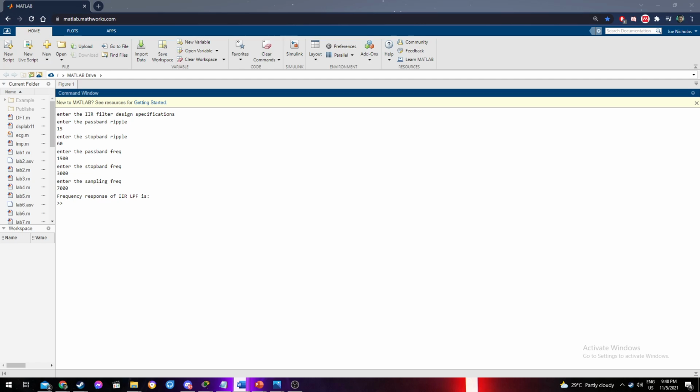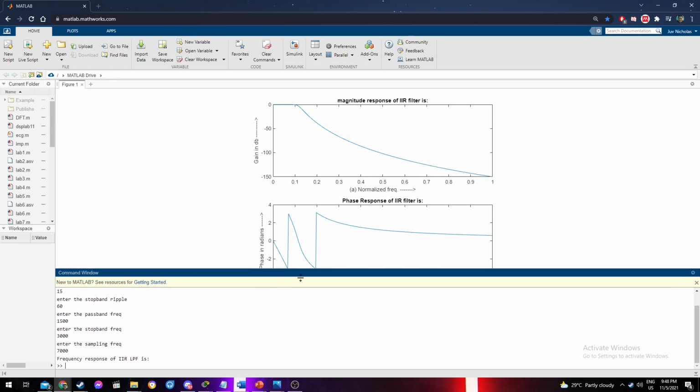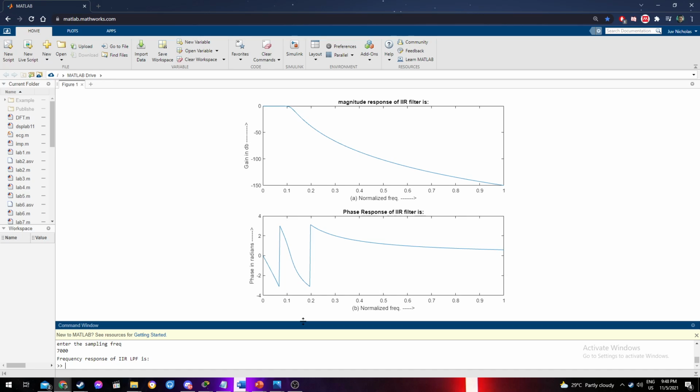or not. So in this IIR filter design, we have a 15 passband ripple, a 60 stopband ripple, a 1500 passband frequency, 3000 stopband frequency, and a 7000 sampling frequency. The resulting IIR low pass filter is this. As you can see, the magnitude response of the IIR filter stoops down